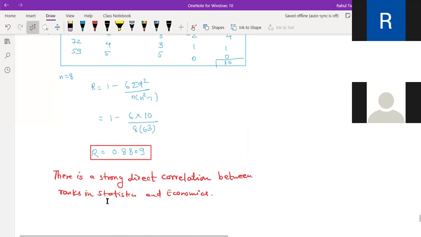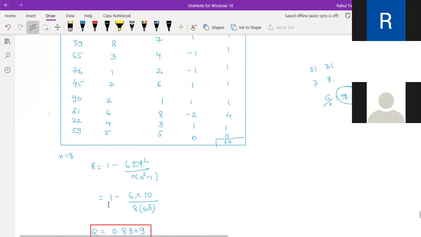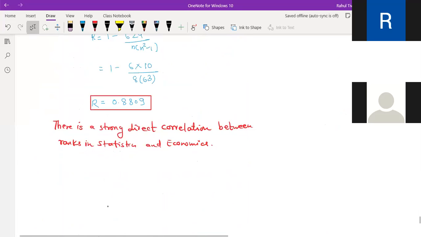So let's do one more problem. Not actually the same type, but example number 8. But now it is given in a different form. Just understand: if the rank correlation coefficient is